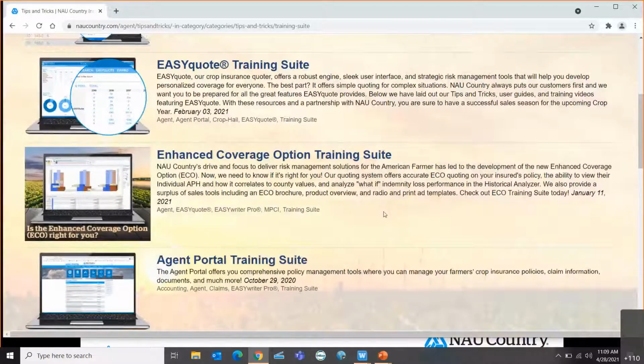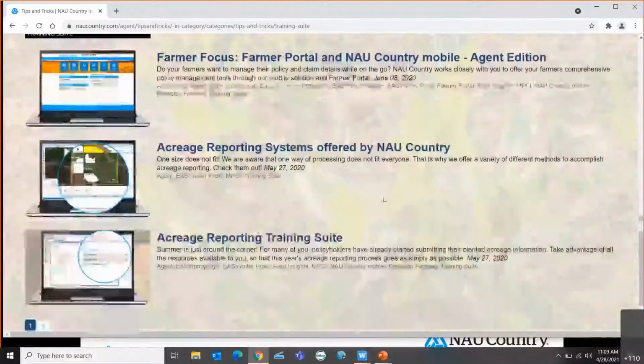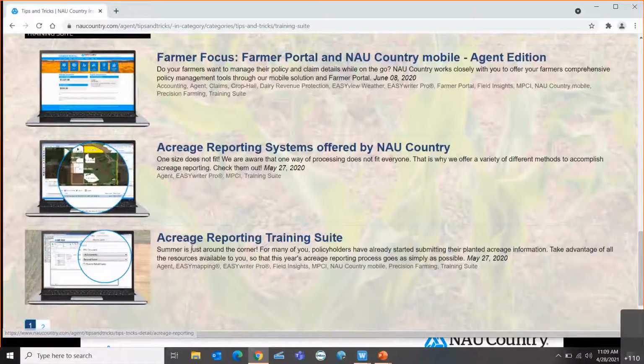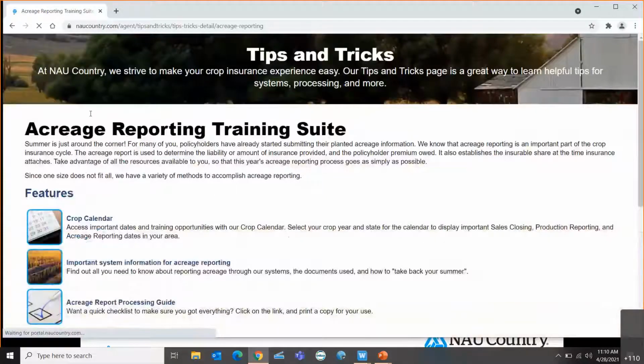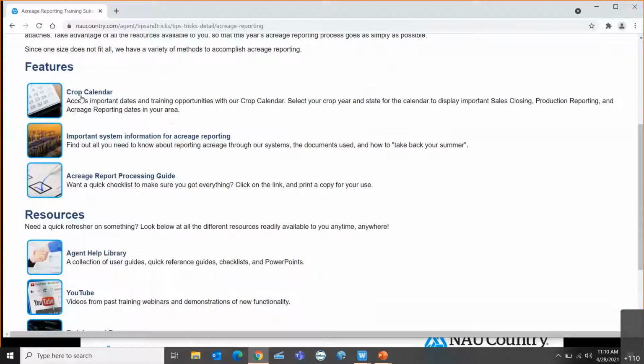And since we're talking about acreage, I'm just going to talk about the acreage training suites, which are right here. We've got Acreage Reporting Training Suite, which is the umbrella one. It has anything and everything that you would want to see on acreage reporting. Here we go. So here I am. Now I'm in the Acreage Reporting Training Suite, and I just think there's some really great things in here. We've got a crop calendar, so it can show you all your important dates coming up, final plant dates and late plant dates,